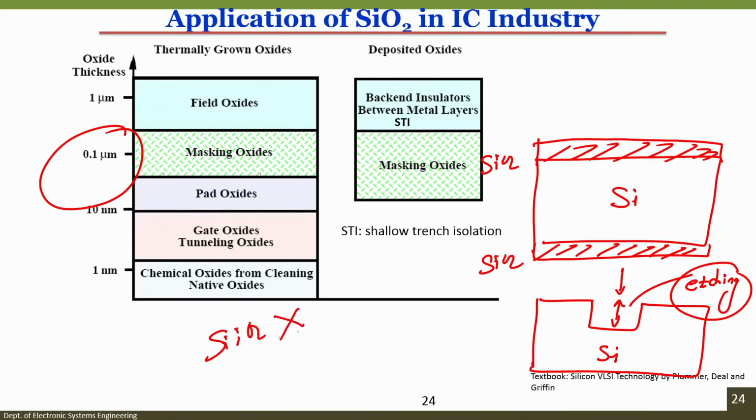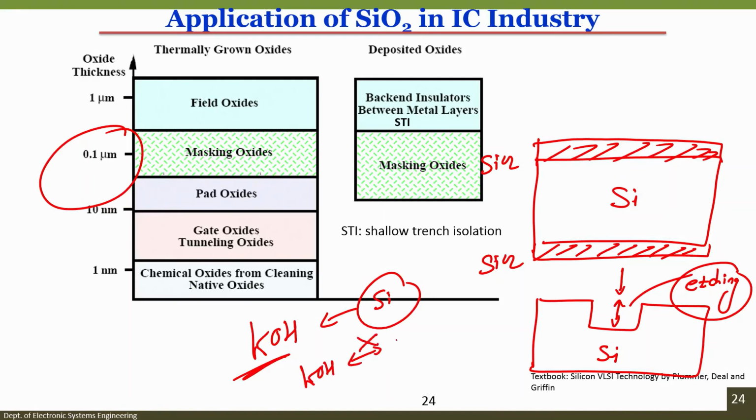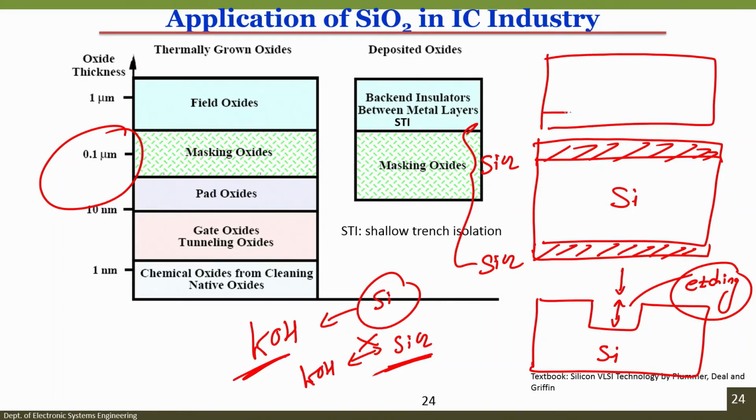Now you understand that silicon dioxide will not get affected in KOH. KOH, which is potassium hydroxide, is an etchant for silicon, but KOH will not affect silicon dioxide. That means if you dip the wafer with silicon dioxide, silicon will not get etched at all. So what you do is you perform photolithography and you remove oxide from the top in this way